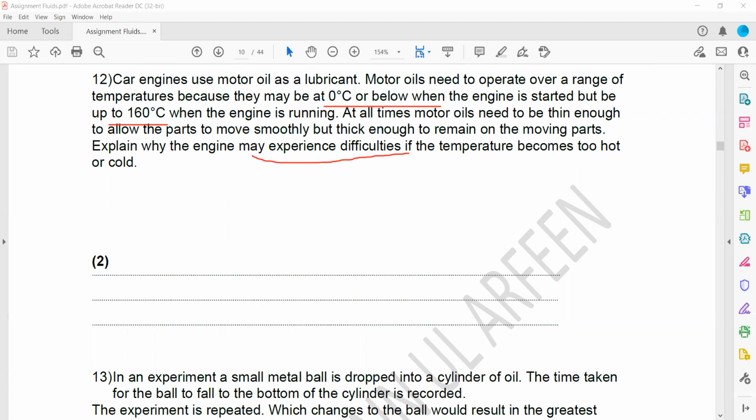So what will happen if the temperature becomes too hot? Then the viscosity decreases, it will flow easily, so it will not remain on the parts. But if the temperature is too low, or if it is too cold, then the viscosity will be high, it will not flow, so it will remain at certain parts and will not flow easily to all the parts. So we can write,